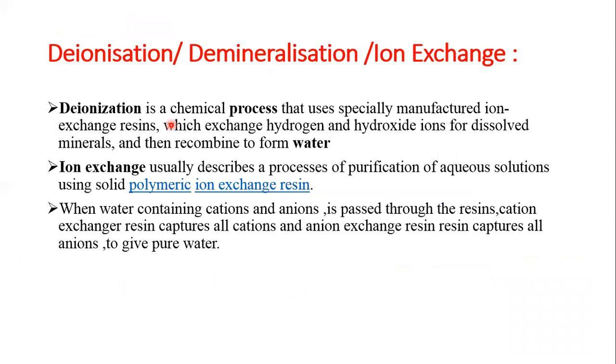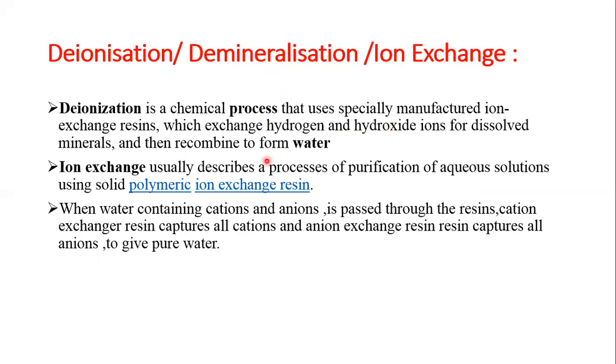Now coming to the second method that we use for the softening process, called deionization. It is also called the demineralization process or ion exchange. Basically, deionization is a chemical process that is specially manufactured. It uses some ion exchange resins which exchange hydrogen and hydroxide ions for the dissolved minerals and then recombine them